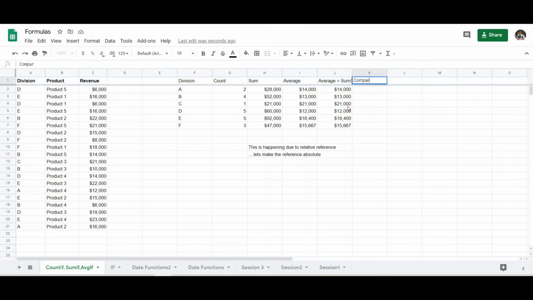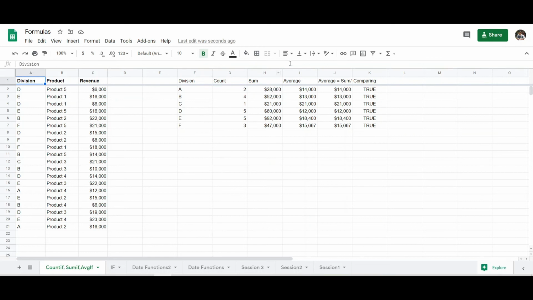That means it is correct. Let us compare with the help of true or false: equal to I2 equal to J2. It's true. Let us check for all the records. It's true. So our average is the same as the calculated average, which is sum divided by count. That's why our formula is correct.